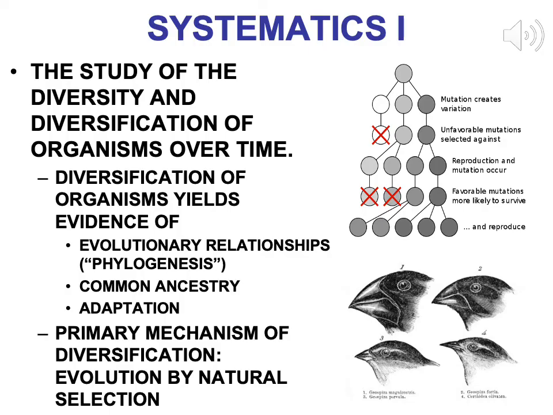The notion of evolution includes a number of sub-disciplines within biology, and one of those is systematics. Systematics is the study of the diversity and diversification of organisms over time. Diversification obviously yields evidence of evolutionary relationships, what is sometimes referred to as phylogenesis. It indicates some degree of common ancestry and can indicate adaptations arising from the line of evolution from that common